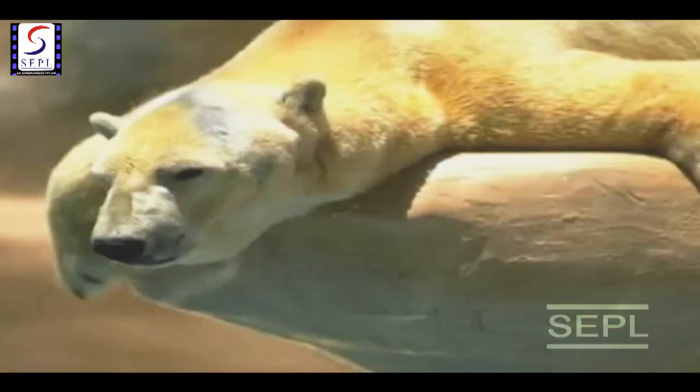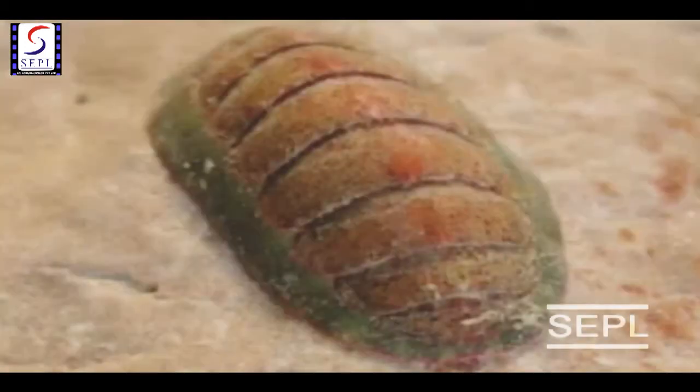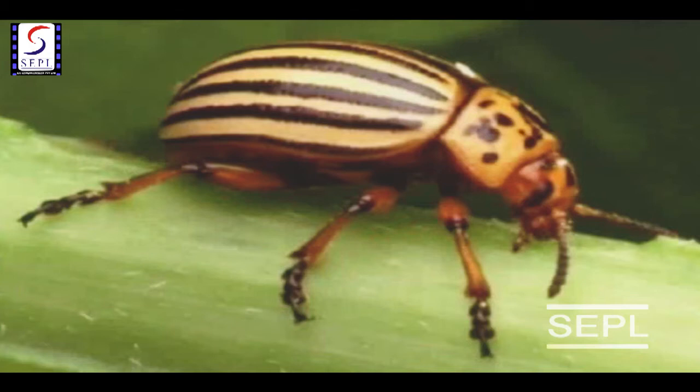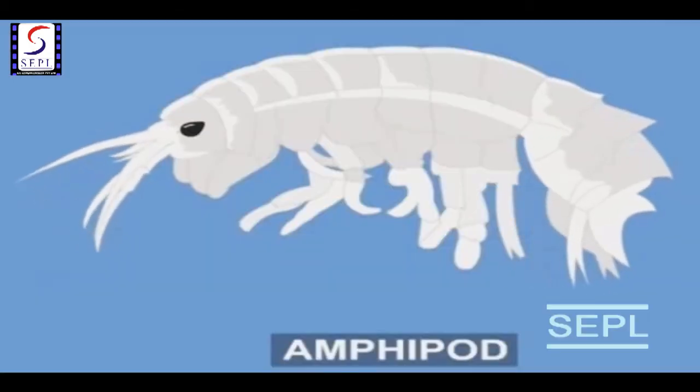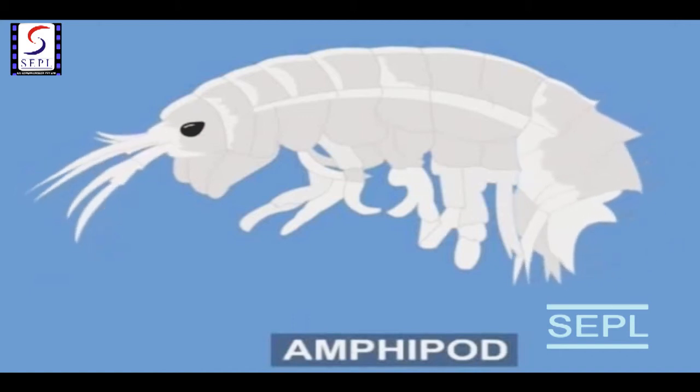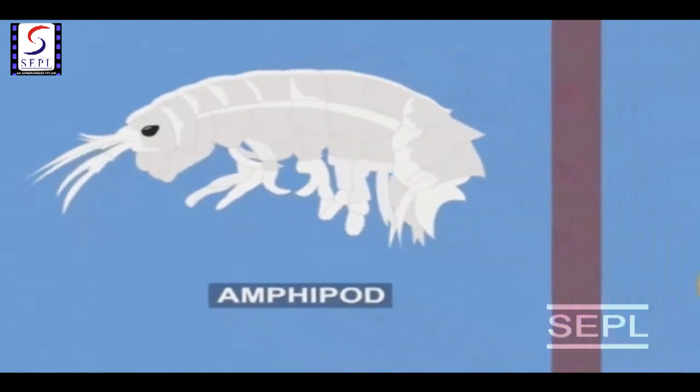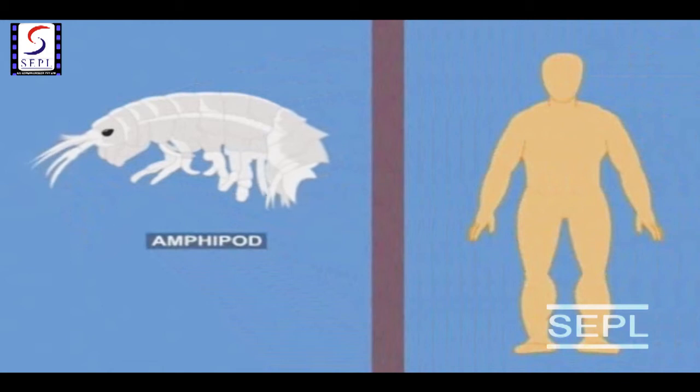Along with huge animals like the polar bear, small creatures also make polar regions their home. Amphipod is a shrimp-like animal that lives in the ocean and is one of the Arctic's most ferocious little creatures. They are capable of eating a young human body in less than a day.